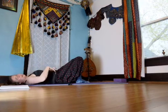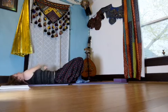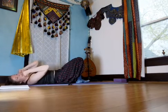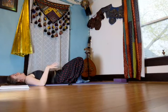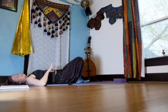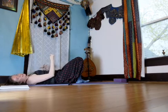We're strengthening the oblique muscles, which help us twist in space, and they also help us stabilize our hips up and down and our torso side to side. That way when we have to twist behind us to back the car up, we don't hurt ourselves, or if we need to lean down in a funny way and pick something heavy up, we're less likely to hurt